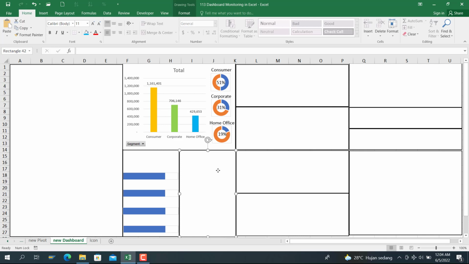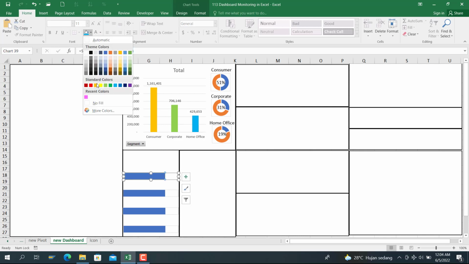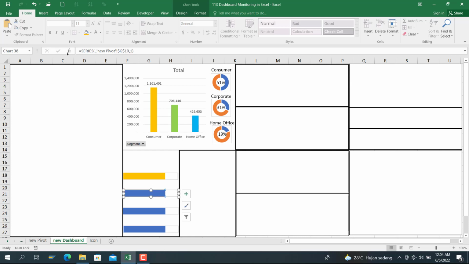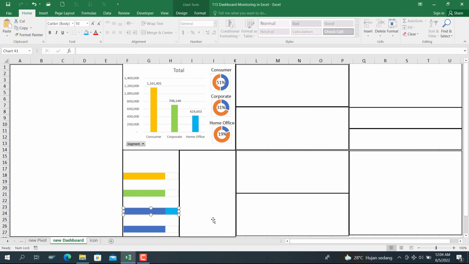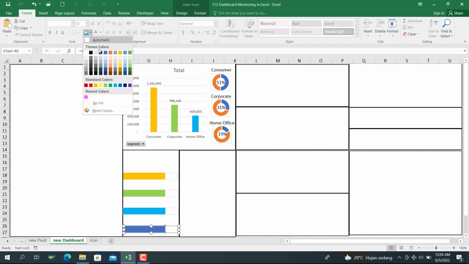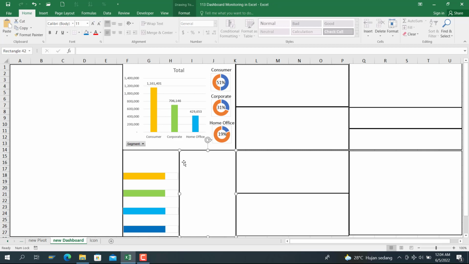Okay, you can change the color here to this one, and then this one green, and then this one blue. Sorry, change to light blue here, and stay dark blue here. You can add the quantity here by copy, paste